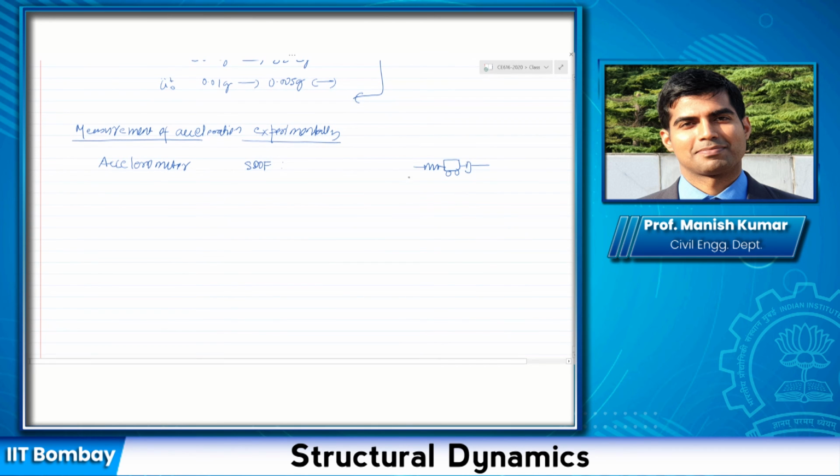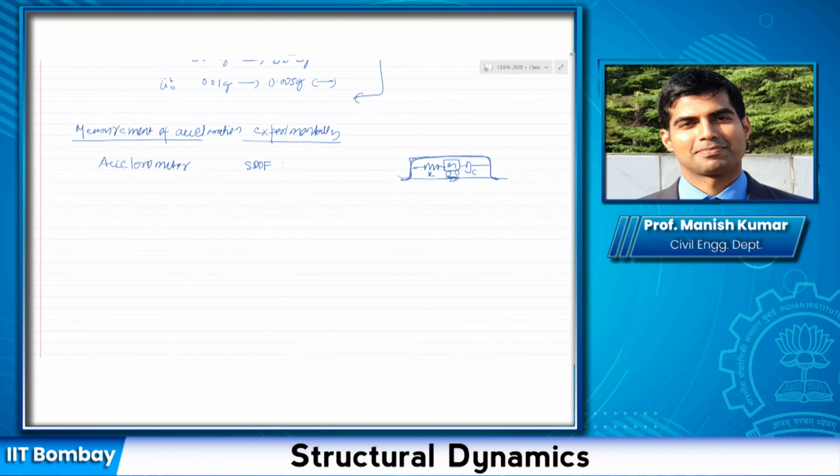So there is a mass-spring-damper system inside a small box. Let us say this is a small box, and inside this, these are the supports, and the mass can move over this surface. And this is the damper. This is the K. So this is a simple mass-spring-damper system. This is the very basic layout of an accelerometer.